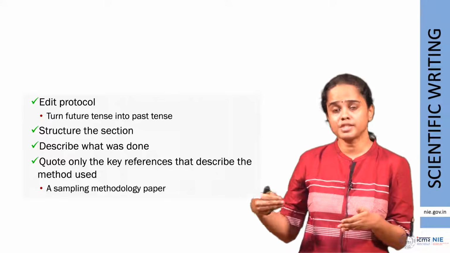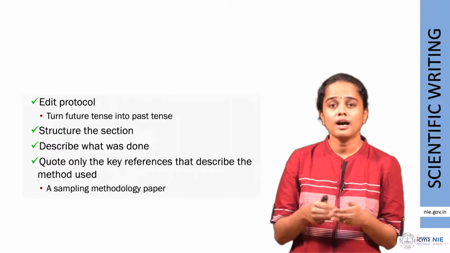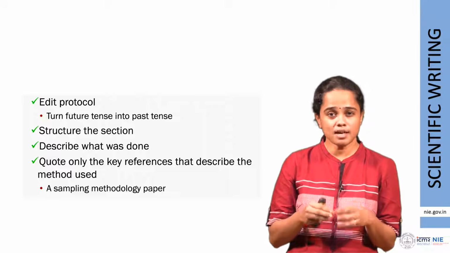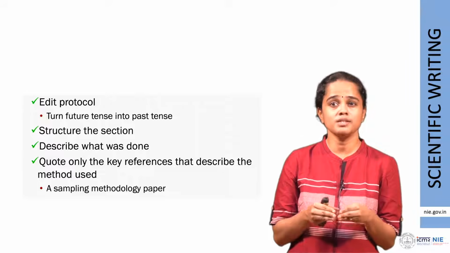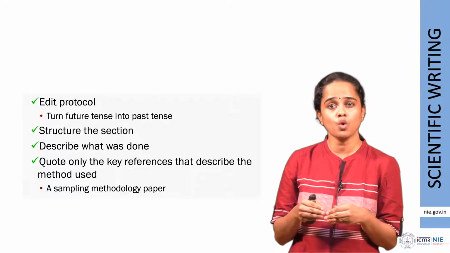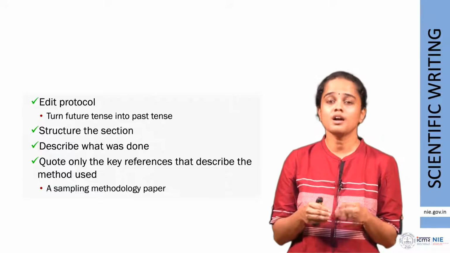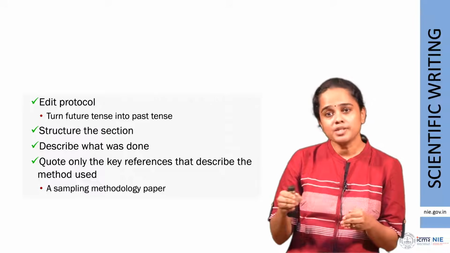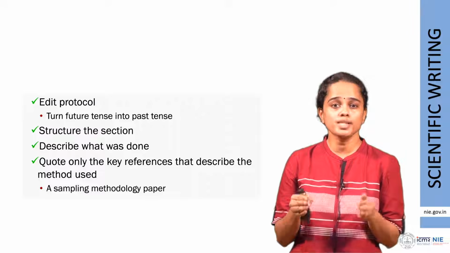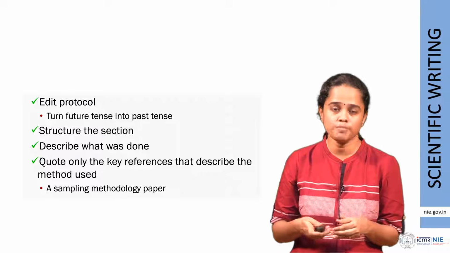So, for the remainder of this session, I request you to look into this article. I have shared the link in the chat box for you to look into. This article is titled Self-Reported and Clinically Identified Loss of Smell and Taste Among Persons Tested for COVID-19 in Chennai, Southern India, July to August 2020, a cross-sectional study. In a separate session on title, we will explain how to frame a title, but for now, we will be using this study to analyze how the method section of a manuscript is generally written.